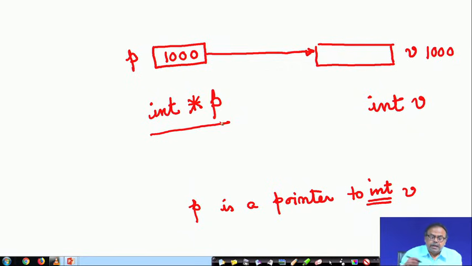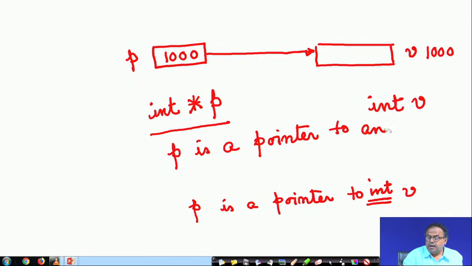It means that p is a pointer to an integer. It is not concerned with v only, it says that p is a pointer to an integer. Okay. So, what is the value of p now? Value of p is 1000.